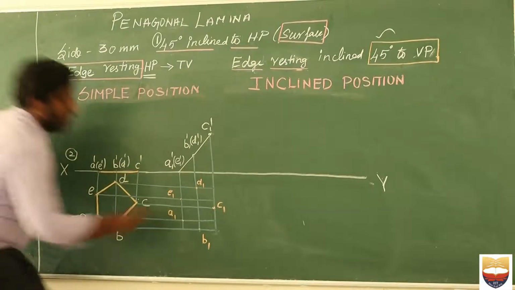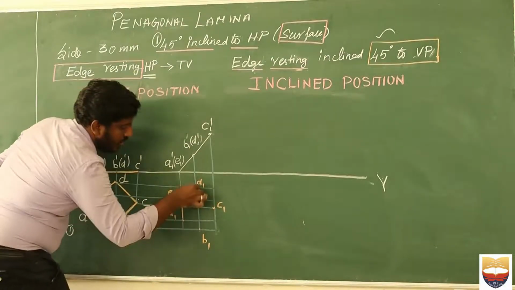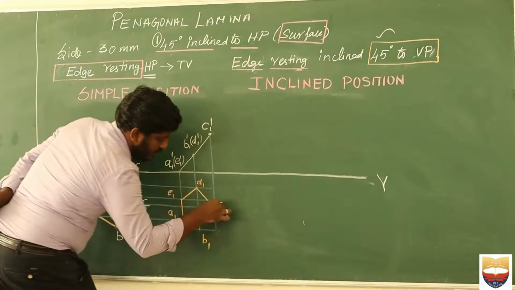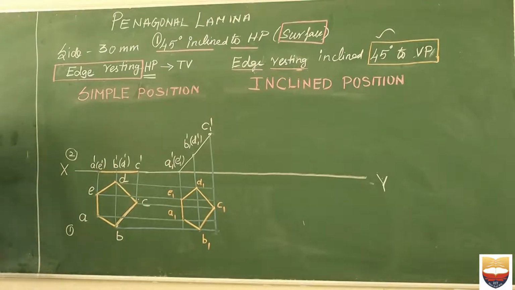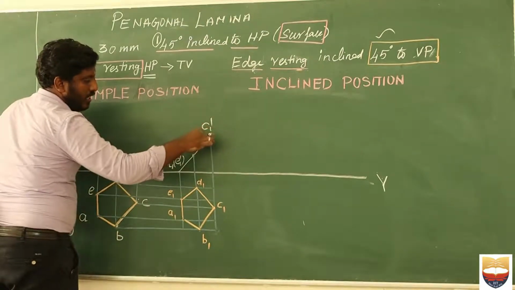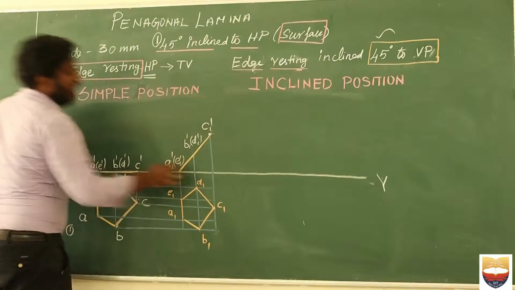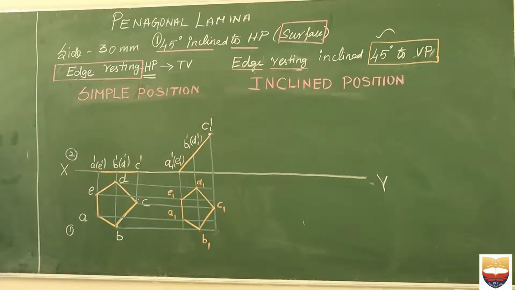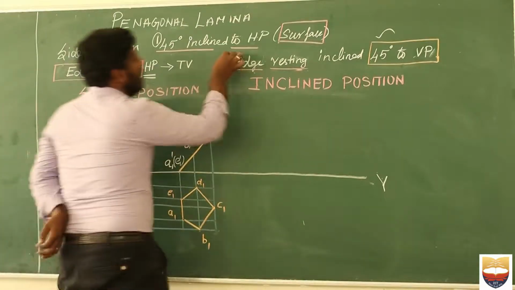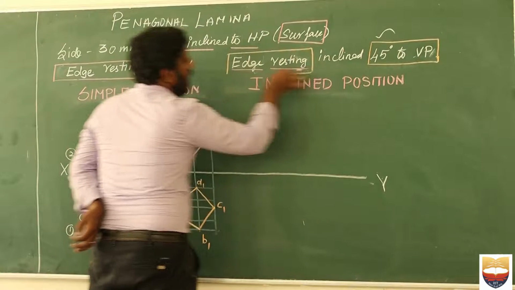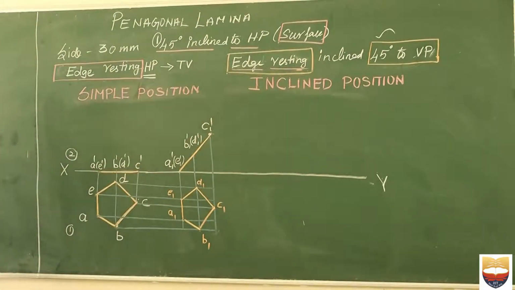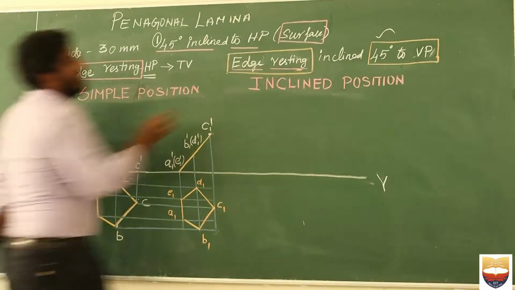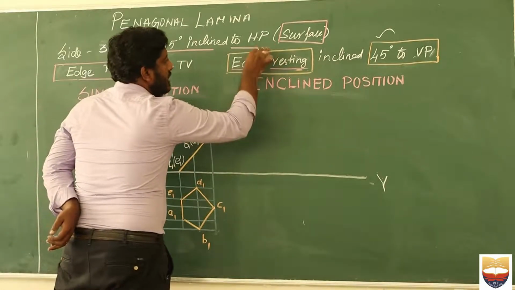Now let us join all those points. See here, I am joining all the points in order to complete the projected top view. So this is actually the projected top view. Since I know that only the front view and the top view should be darker, I am making my front view also darker. Okay. The difference between our previous problem and this problem is that it is clearly given as a continuous sentence: the edge is resting on HP and inclined at an angle of 45 degree to VP. So since it is a continuous sentence, it means that the edge is again inclined.